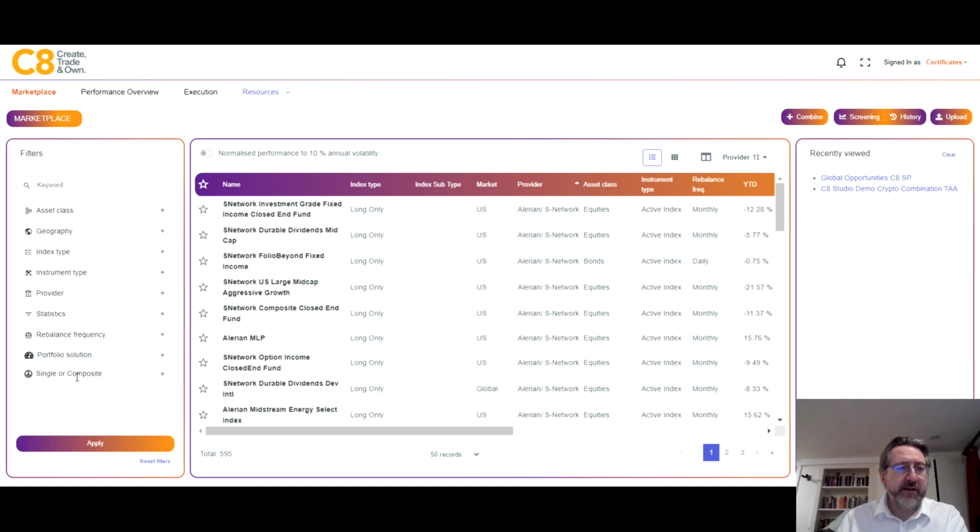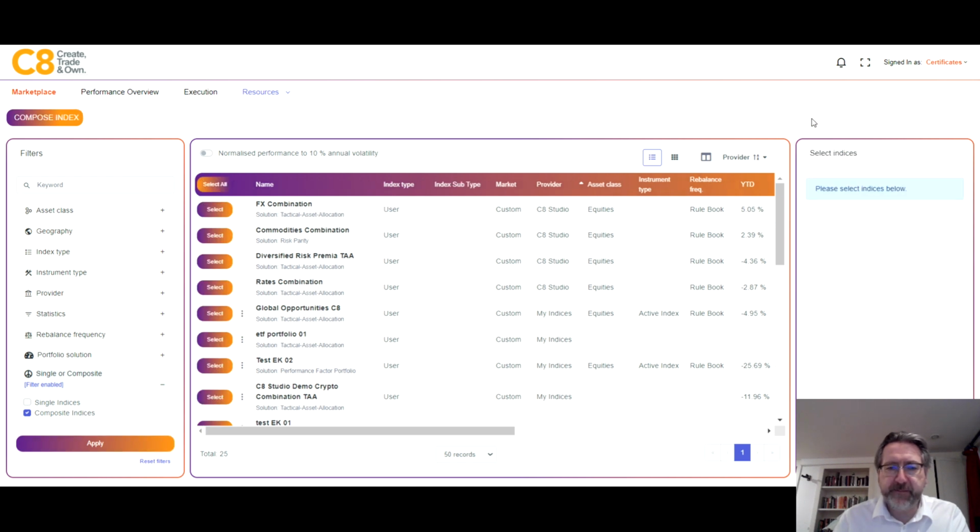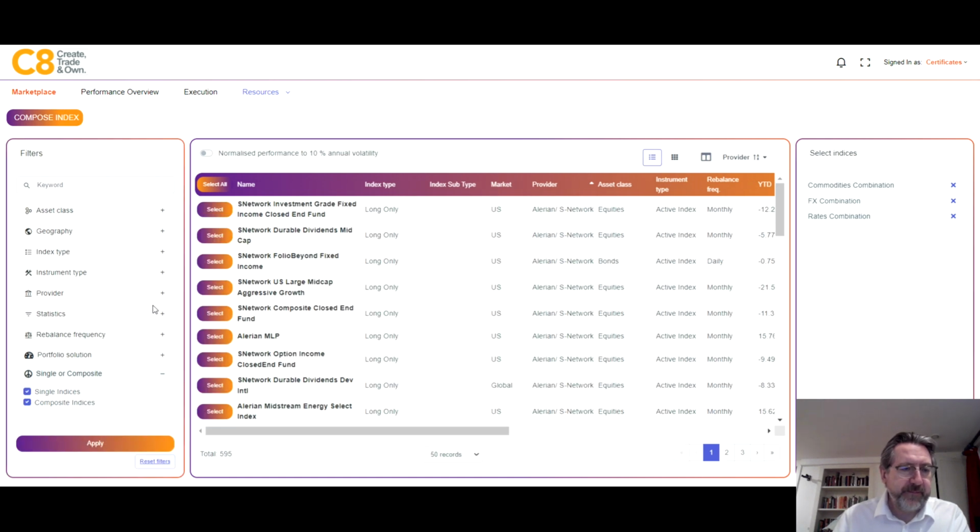So first, let's find those particular indices that we're interested in. So if we look at some that we've already created, composite indices, these are indices that are already combinations, and then we'll look at combining them. So we look at an FX combination, we look at a commodities combination, we look at a rates combination, and looking by provider this time,